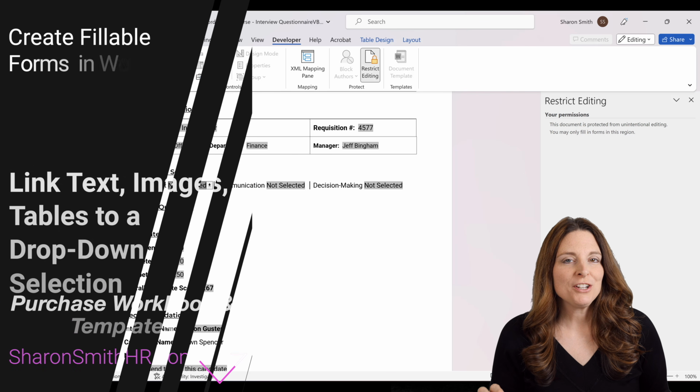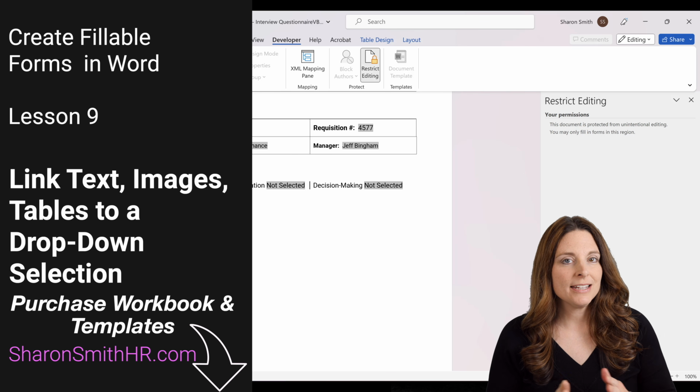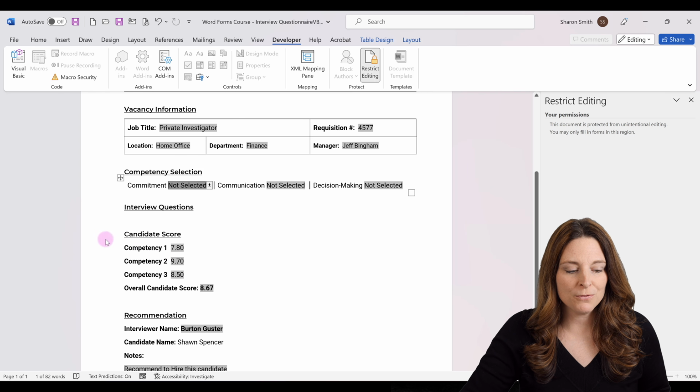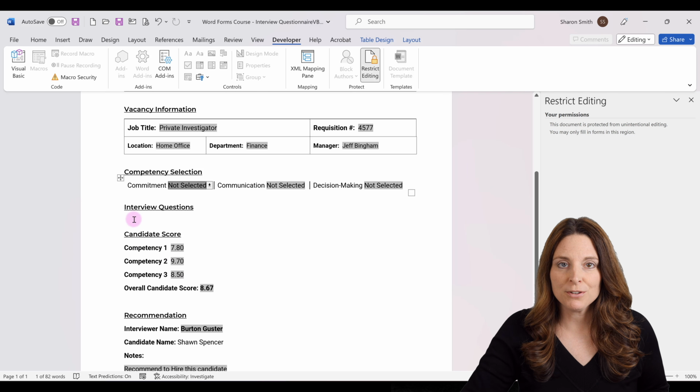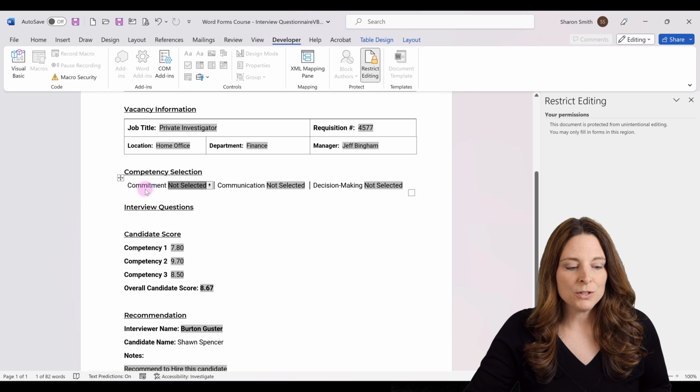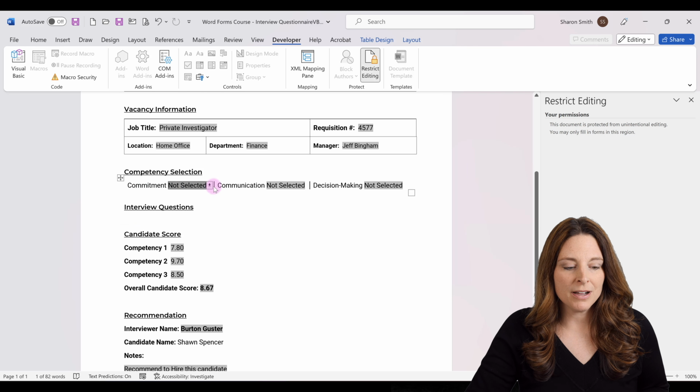In this lesson, I'm going to show you how you can link either text, images, or a table to appear based on a drop-down selection. So just as a reminder, on our original form, we have this section called Interview Questions. And right now, there's nothing that shows. Everything is hidden. But as soon as a user selects a competency from the competency selection area, for example, commitment,